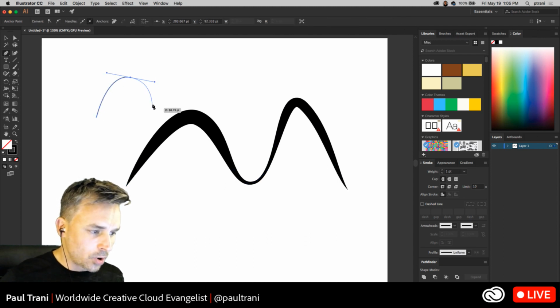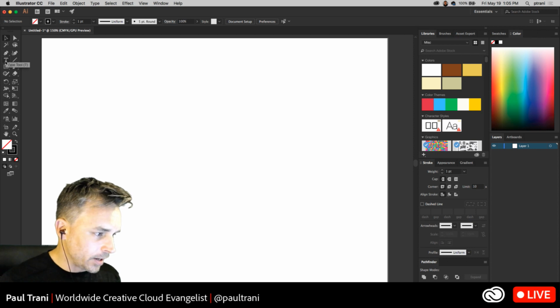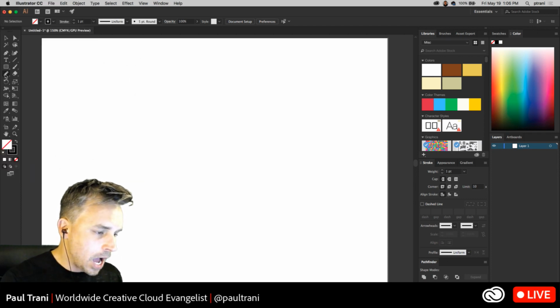It's like I'm trying to draw, and if I'm trying to draw a face or something, this gets very difficult, as we know. Okay, so what do you do? You might grab the pencil. Let me show you. Grabbing the pencil tool, which is actually hidden behind the shaper tool, but selecting that pencil tool,